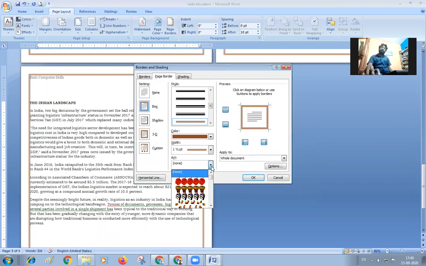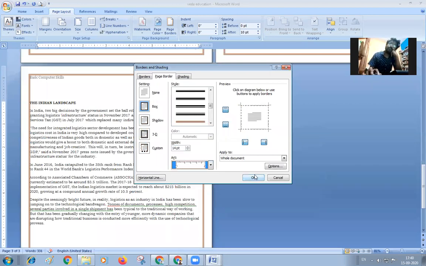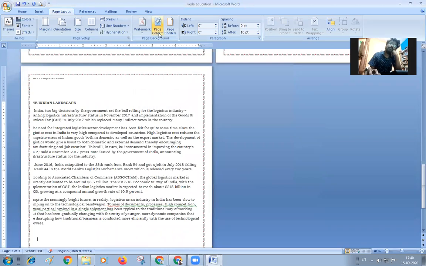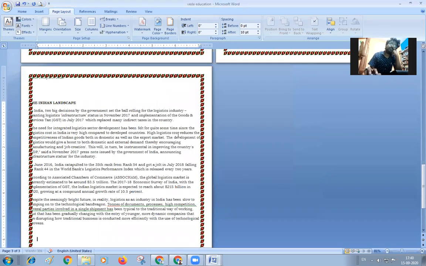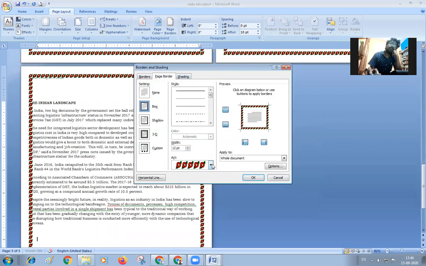And finally, we have a word called art. You can see this. Some invitations are given differently with style corners and corner edges. From this itself, you will get all these things. You're getting some symbols over here. You'll get some borders over here. You can see these borders will be available to you, and you can select your own borders. You can see a flower vase. Flower vase is there, and you can see this.